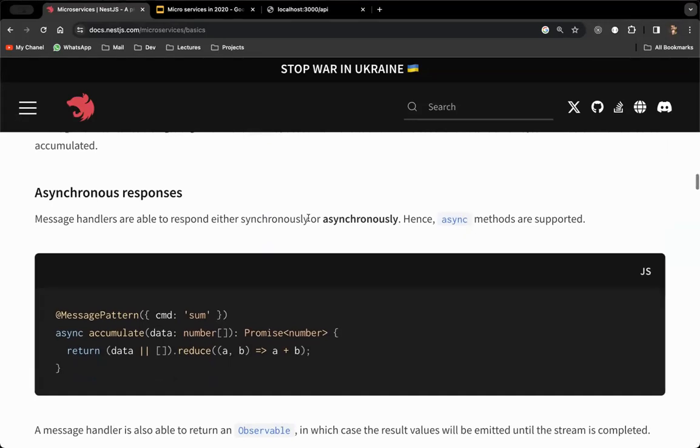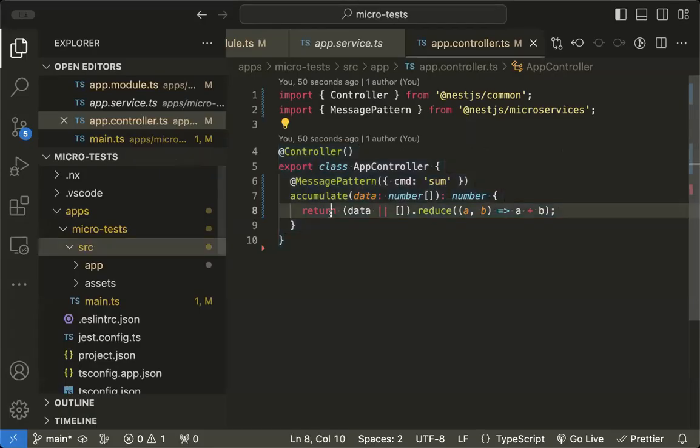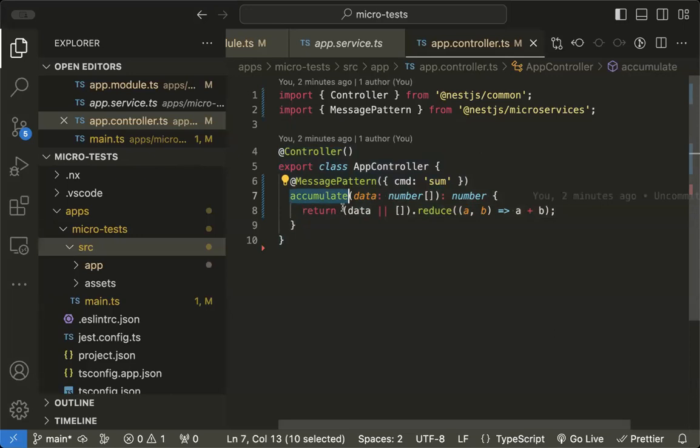So in here, this is something related to the stack that we are using. The accumulate function that we see in here, we can either use direct communication, that means synchronous value returns, or we can do asynchronous value returns. That is totally doable. In this scenario, the accumulate function that we are using here is not using